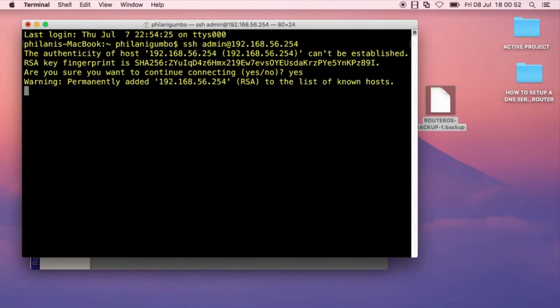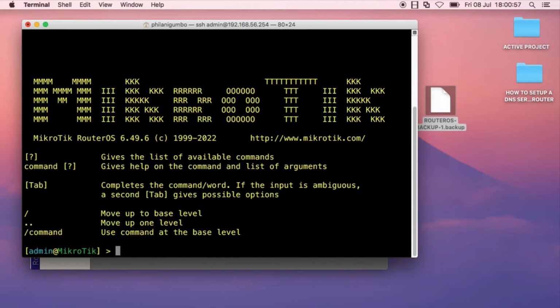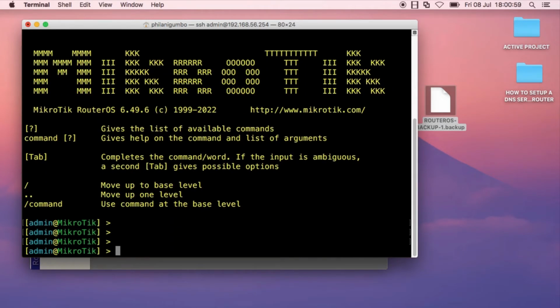Okay, so it's actually asking me to add the SSH key to my known host file. And once I've typed in the password, I've logged into the router, as you can see. So to back up the router, you just need to run the command system backup,